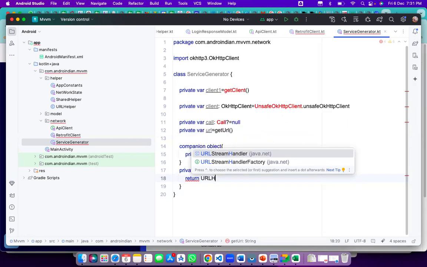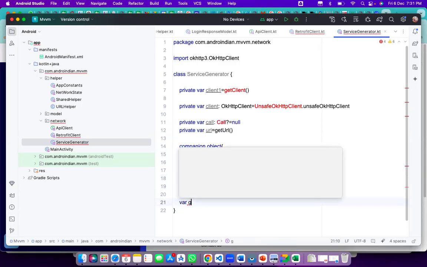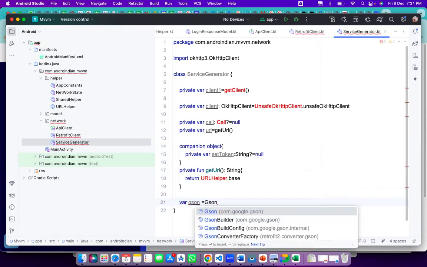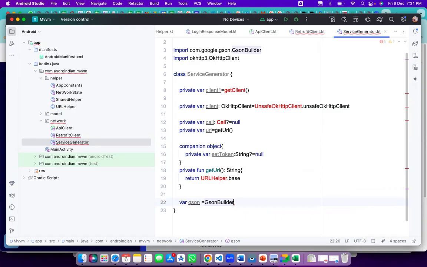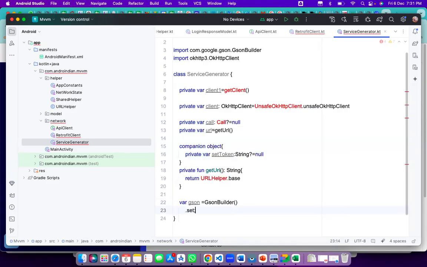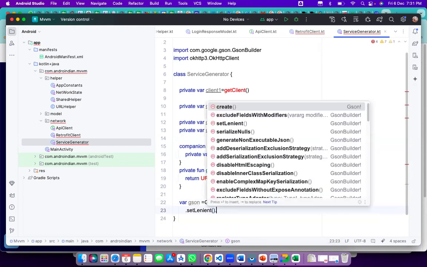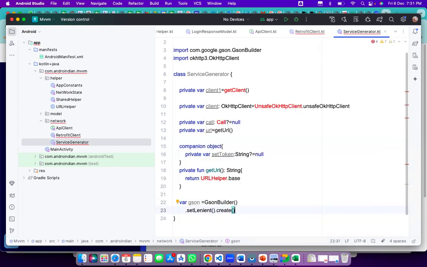URL helper dot base. So from there, the base URL we created will come. After that, again I'm creating a var JSON. I'm creating one JSON request that is equal to JSON builder, JSON builder of. Then set lenient. So set lenient, we are calling that, that is lenient dot create. So I am creating this lenient request. Then